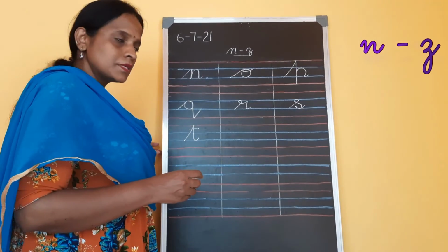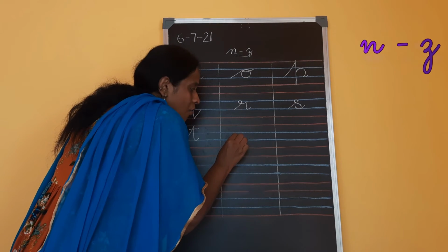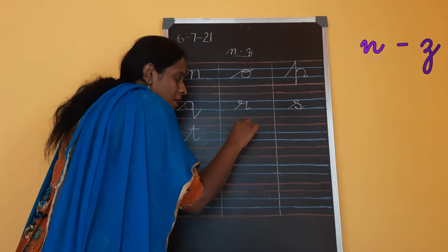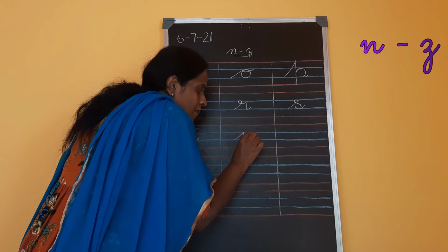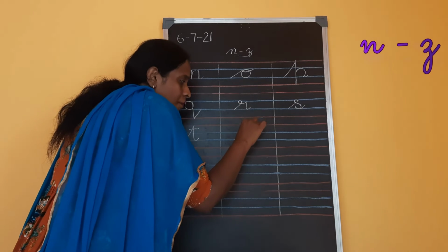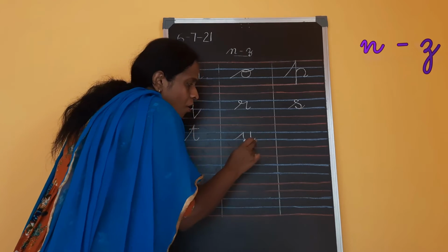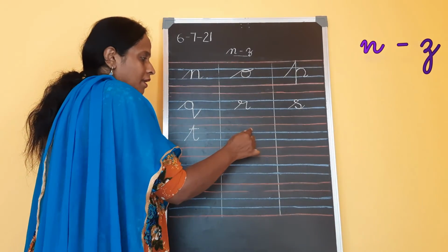How to write cursive U? Yes children. From the second blue line, go up with the slanting line. Touch the first blue line and come down with the standing line. Go up with up U curve. Touch the first blue line. Come down on the same line and leave it with a small tail. This is how you are going to write cursive letter U.